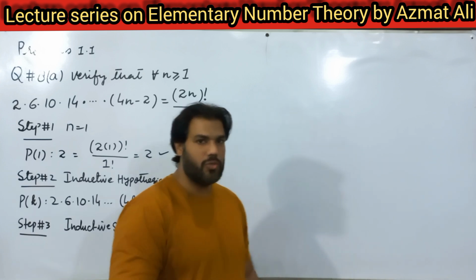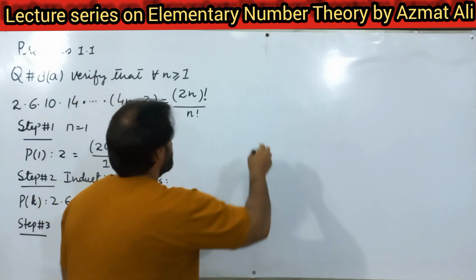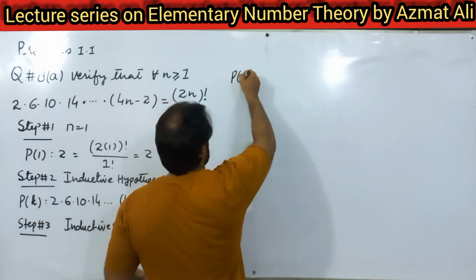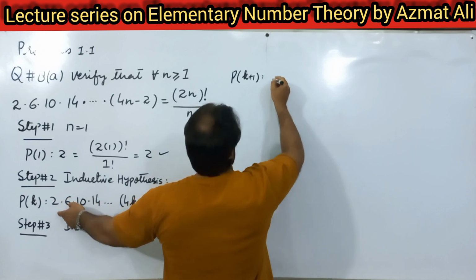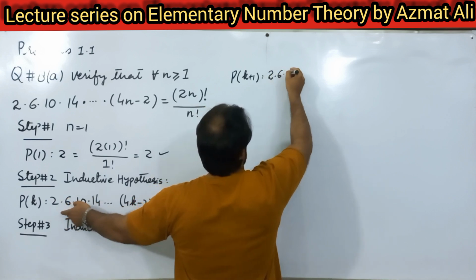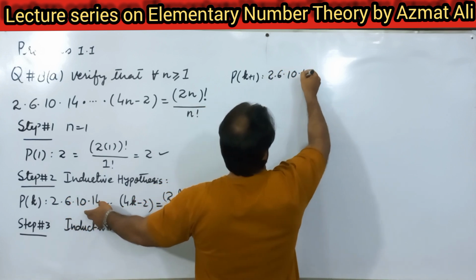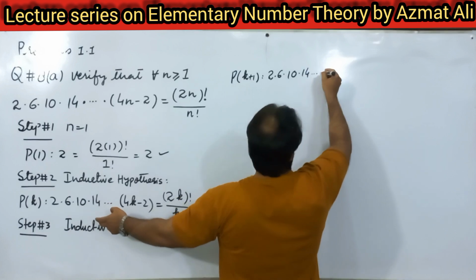So the statement for n is equal to k plus 1 that we have to show is this becomes 2 into 6 into 10, 14 up to so on